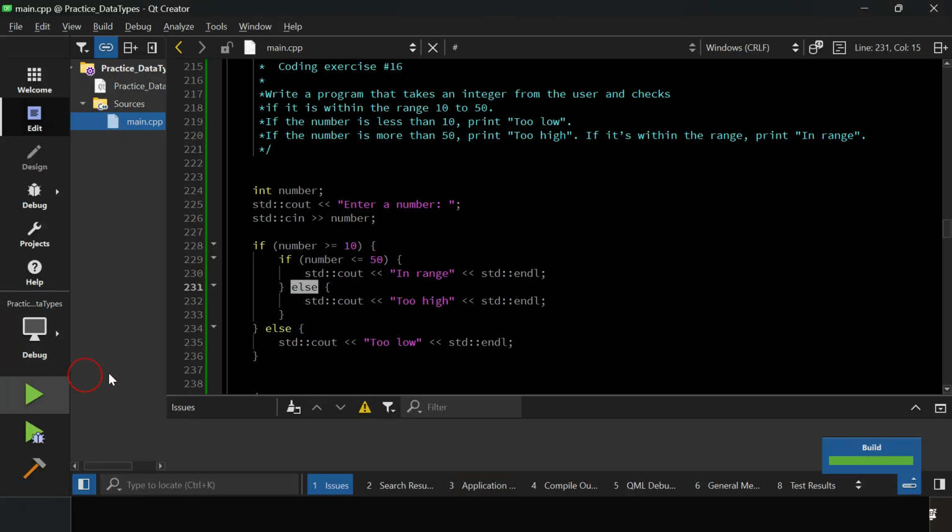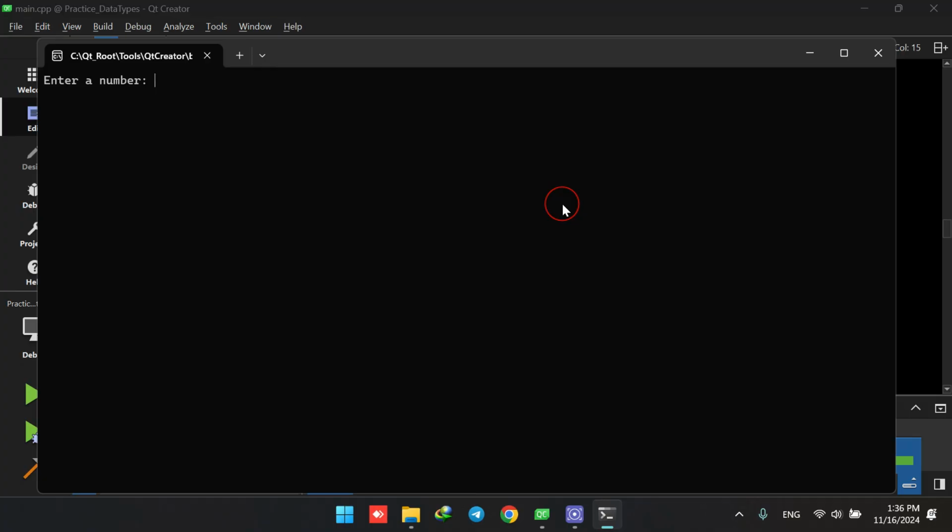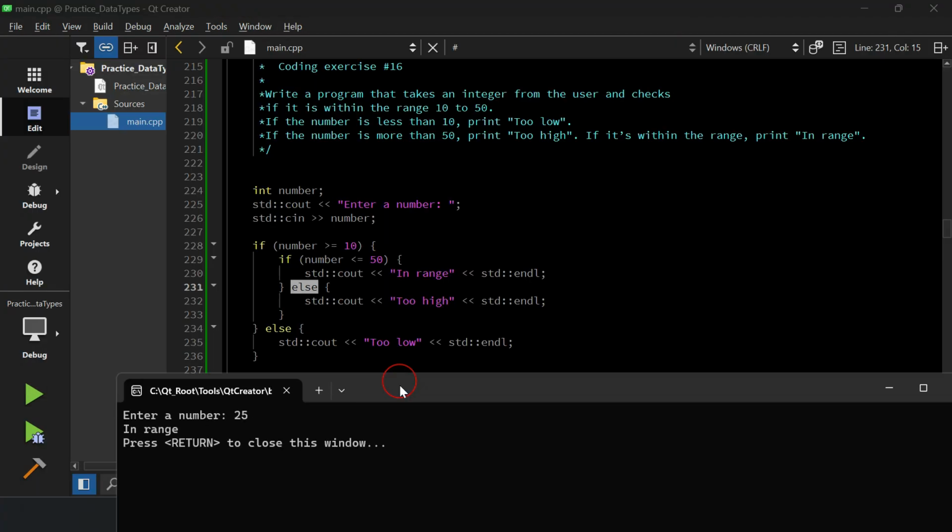And if I choose a number within the range of 10 and 50, like say 25, it says it is in range. So here it checks, okay, it's greater than 10, it's lower than 50, so it prints the in range